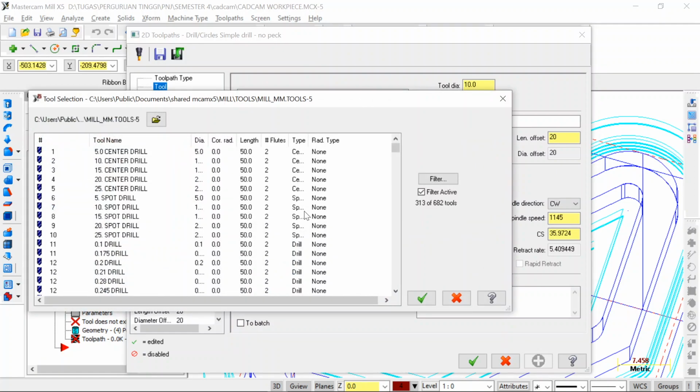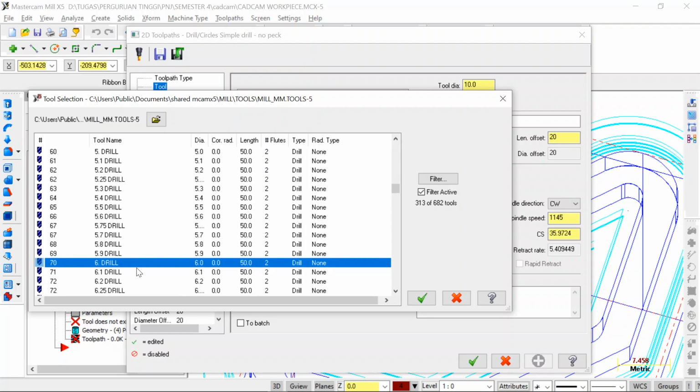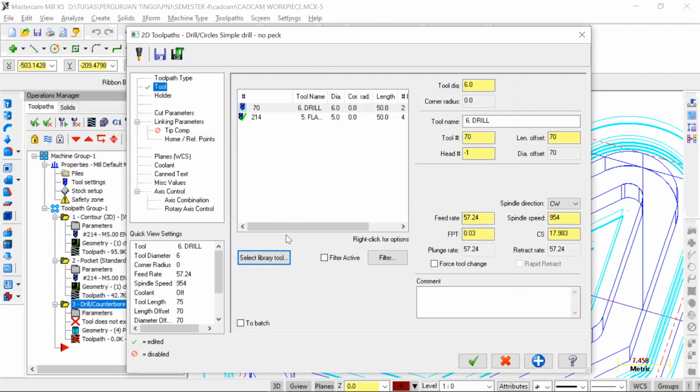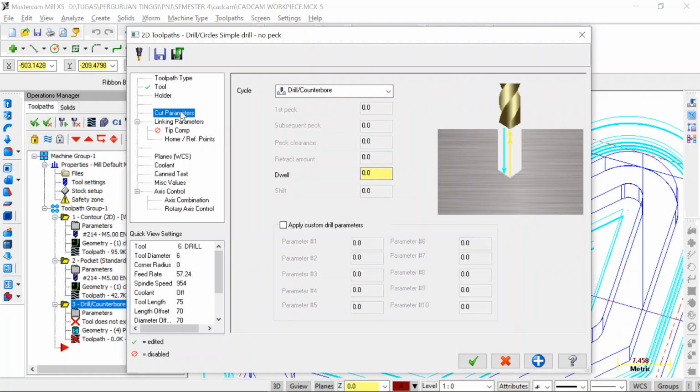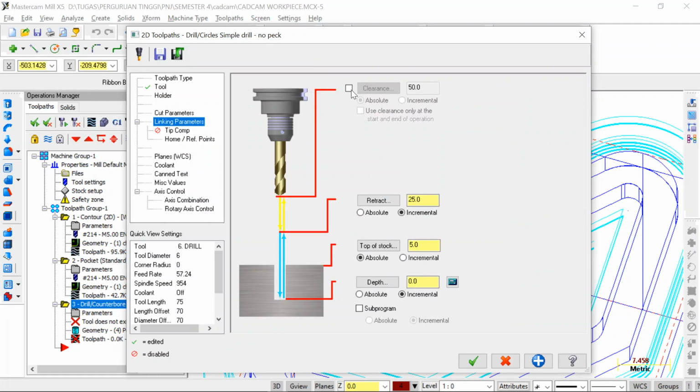In this case, the circle is in the 6 diameter, so we choose the 6mm drill. We click OK, and then the linking parameters here, we turn on the clearance, and then we make all of them absolute, and the depth is 0.